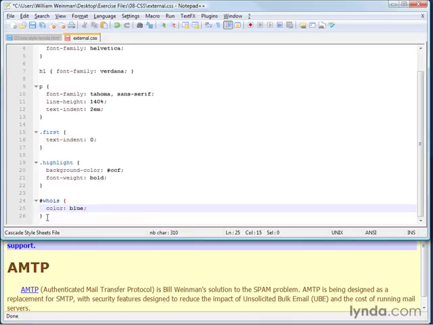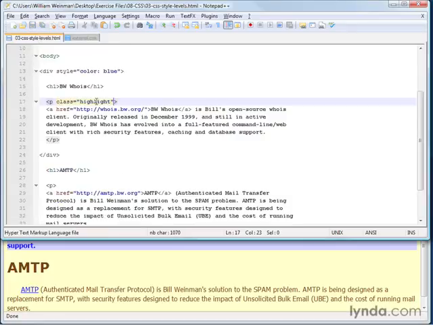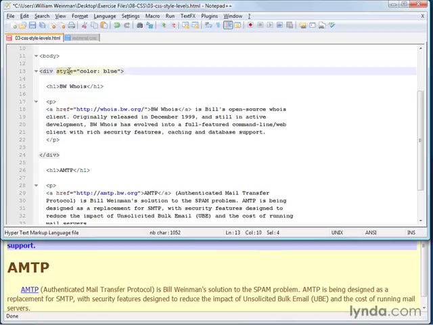So here I've created a style, and it's called Whois, and it uses an ID selector. ID selector uses a pound sign, where the class selector uses the period. So that's a pound sign, or the hash mark, the tic-tac-toe looking thing that's in the Shift 3 on my keyboard. And so that's the ID selector. So I'll go ahead and I'll save this, and we'll go into the XHTML. Take this highlight out there so it doesn't get too confusing. So you see here we have style color equals blue in div. I'm going to go ahead and I'm going to say ID equals Whois.